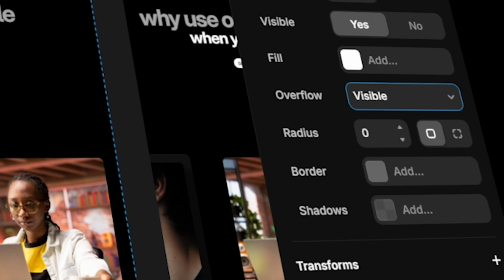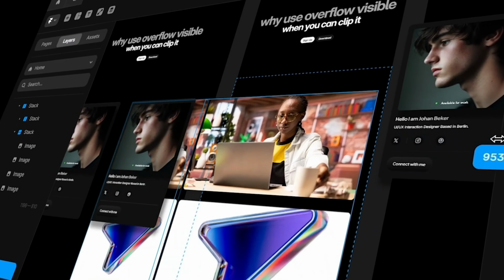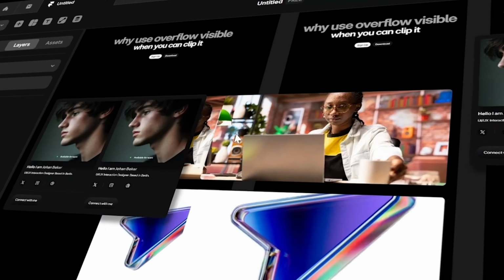So the reason why we changed the overflow from hidden to visible for sticky position to work is this. Overflow hidden clips the content, which is what we want. But the bad side is that it breaks the rule of sticky position. So that is why we switch from overflow hidden to overflow visible. Overflow visible allows sticky position, but the bad side is that it breaks the content. That is why whenever we set all parent frames to overflow visible, all the design elements from other breakpoints break apart outside their design. I know you have experienced this in one way or the other, but worry no more